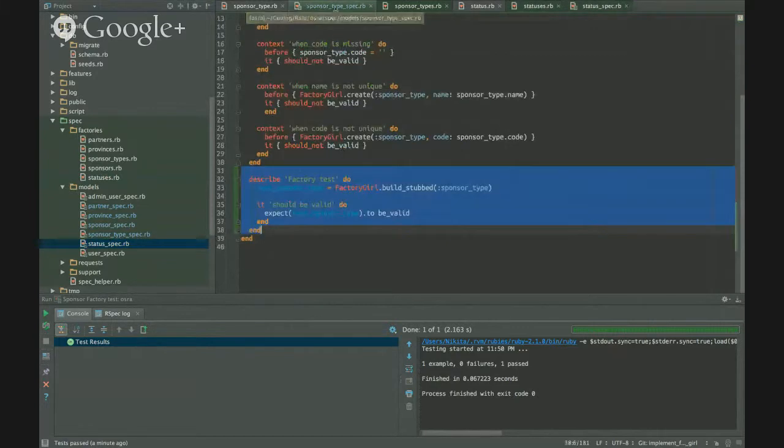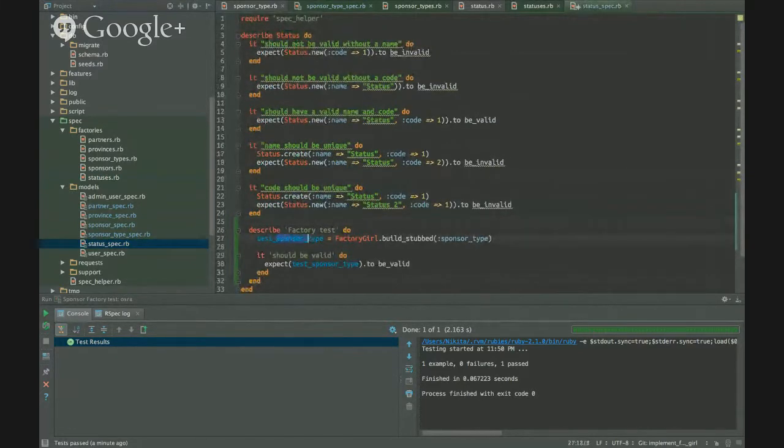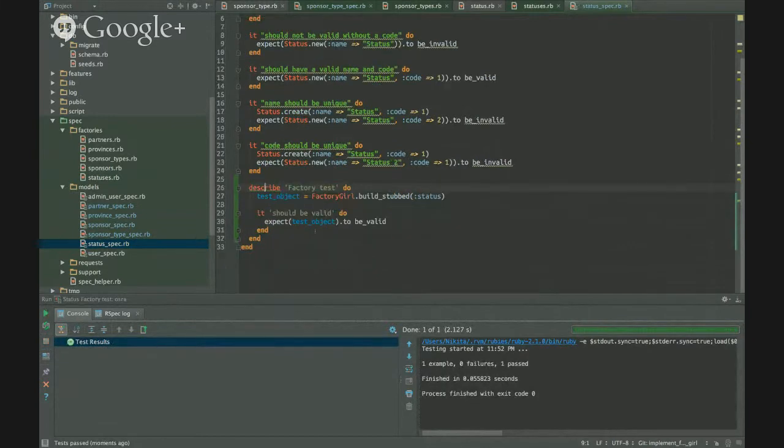So again, I have this chunk of code. And again, of course, I don't have the right one, but that's okay. This is status. Okay, so the factories